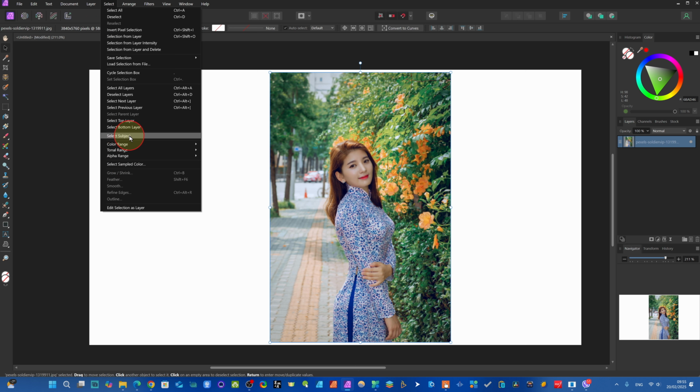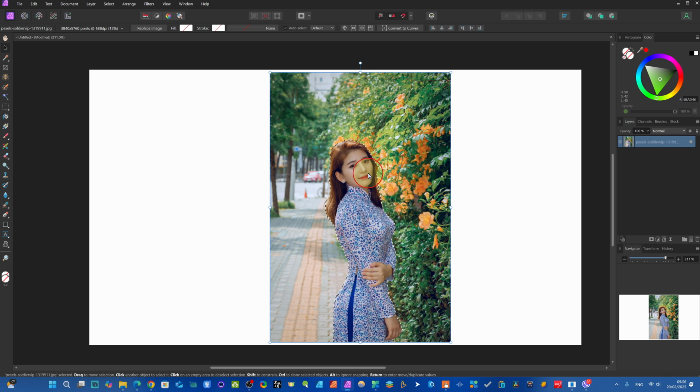For this you can go to the Affinity keyboard settings. There you can make your keyboard shortcuts, so you don't have to come here to the window. Today I just want to show you, later you can do this. So for Select Subject, just click, and you see our subject has been selected. Actually this is our main subject, and now it's selected, and we can do a lot of things there, friend.